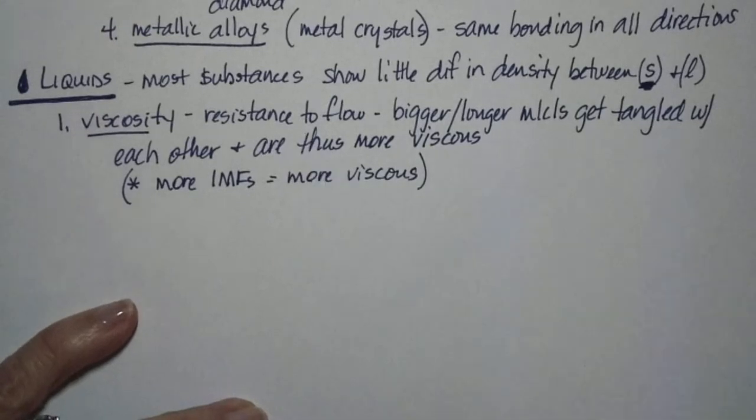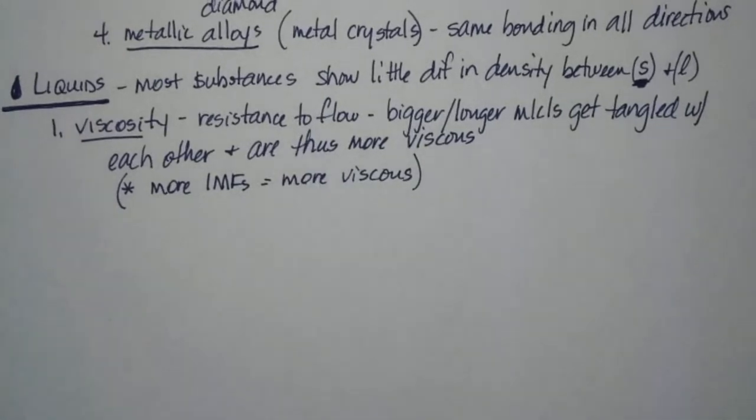If you heat the syrup up, you actually expand the molecules. You get the molecules expanded a little bit. They get a little bit less tangled, and so it's more runny. Like peanut butter. The next thing we're going to talk about here with liquids is surface tension,